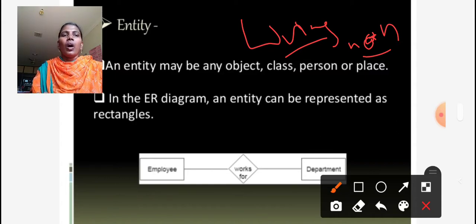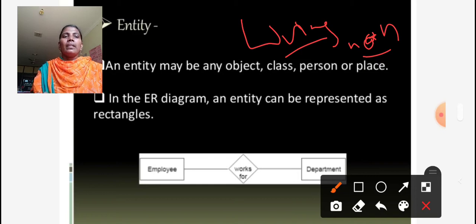What types of data do we have to store in the database? For example, if we take a student table, we have to maintain the student table, and the student is a living object.